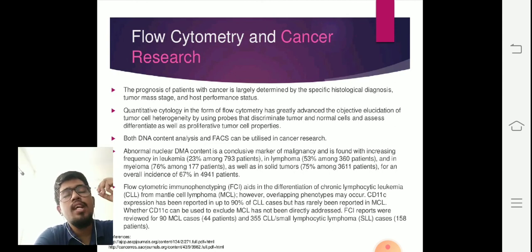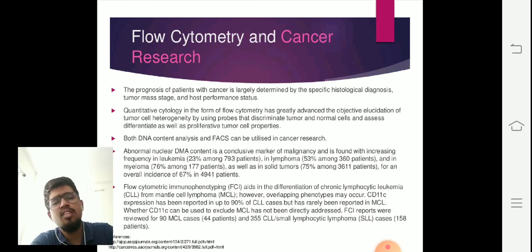So flow cytometry has its own role in cancer research, and the major physical properties which need to be analyzed of a tumor cell are very important, which is why the flow cytometer is used in this process. That's the reason why it is widely used in various cancer research institutes. The cancer hospitals are widely using this cytometer in analyzing various cancer type cells.